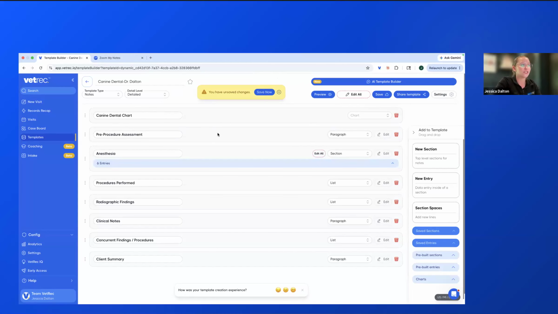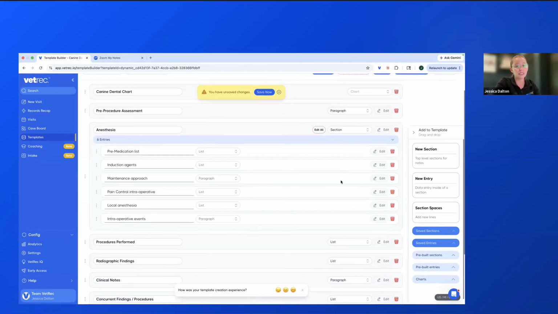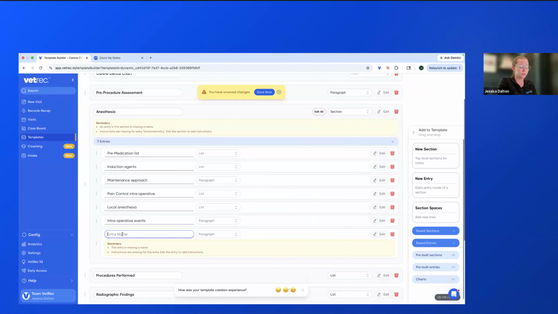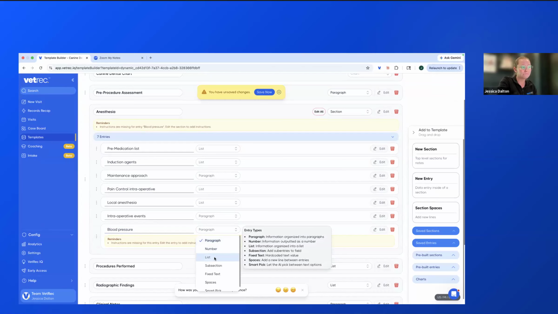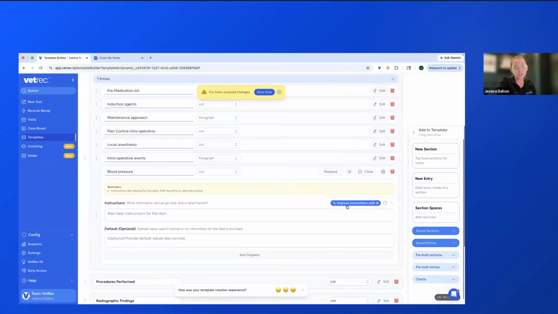We have our pre-procedure assessment. We have anesthesia, and you can see all of the different things under anesthesia. So maybe just, for the sake of this example, we're going to add a new entry. And I'm going to do... I want one that is only blood pressure. I really want blood pressure monitored throughout. So I'm going to say blood pressure. I'm going to say list and edit. And then I'm going to give a clear instruction, and I can improve that instruction with AI, but